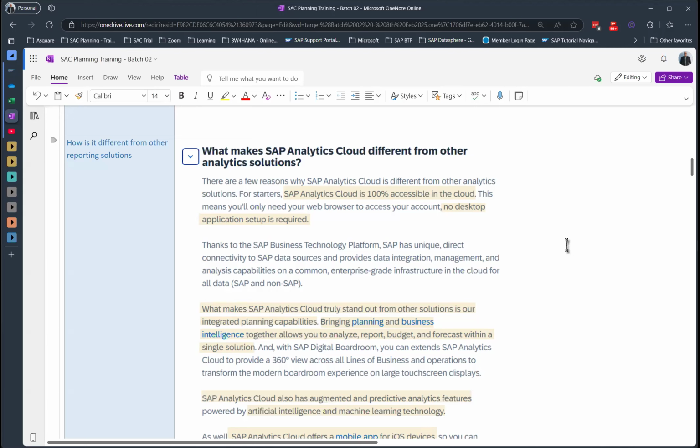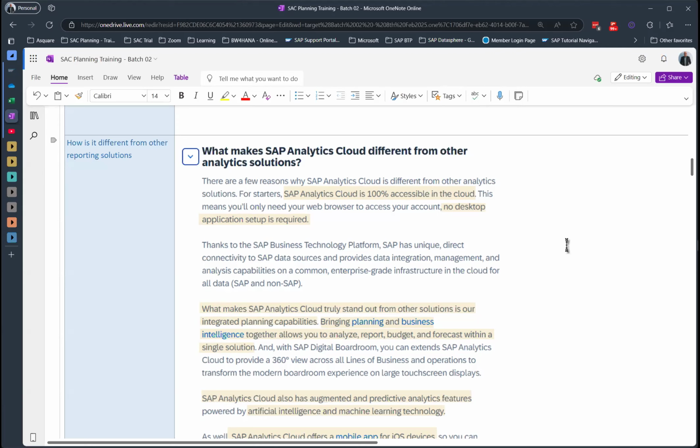Later on, they also added reporting capabilities, and now AI, machine learning and advanced analytics functionalities also. But planning is the strong suit of SAC, and that's where it fares better than other reporting tools like Power BI, QlikView, QlikSense, or Tableau.